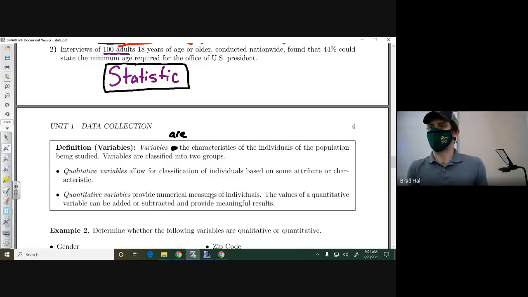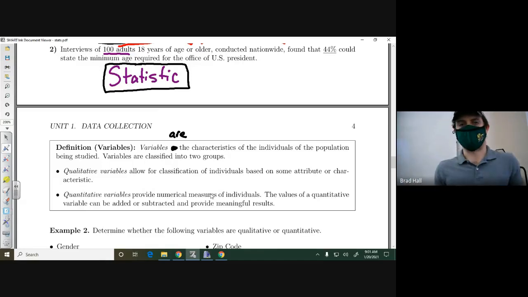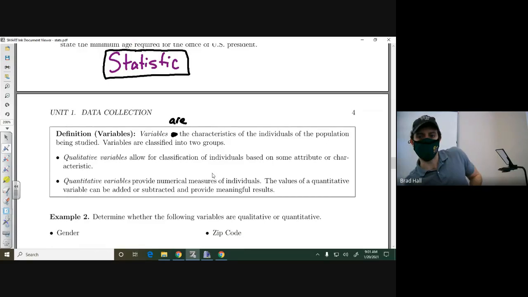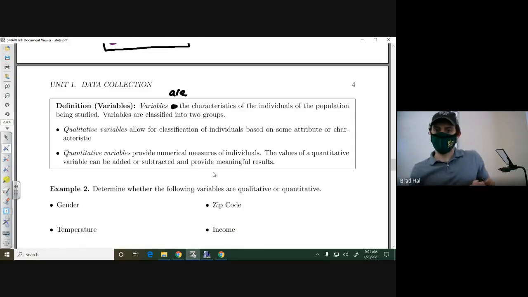So any characteristic of you. I would use hair color, but I'm not good with colors at all. So the types of shoes you all wear, that'd be a characteristic. Do you wear glasses or not? That'd be another characteristic. Is your hair over 1 inch? I guess that could be one. But there are two types of variables.